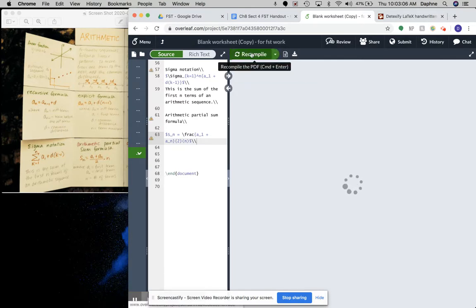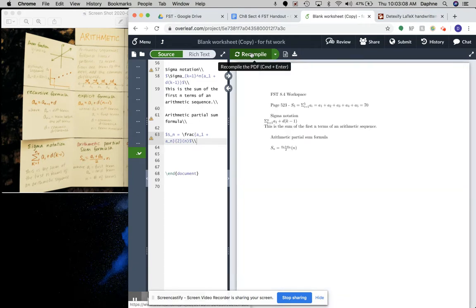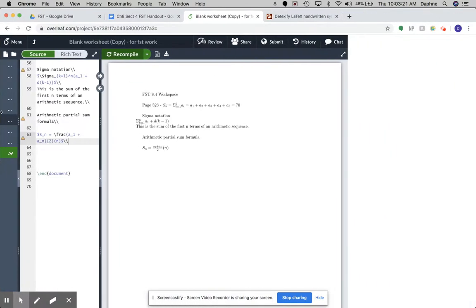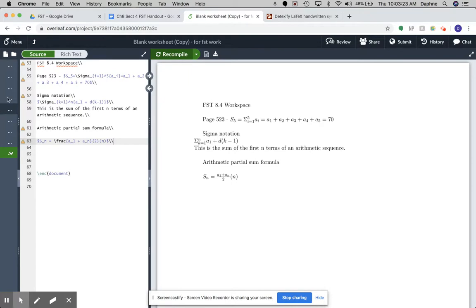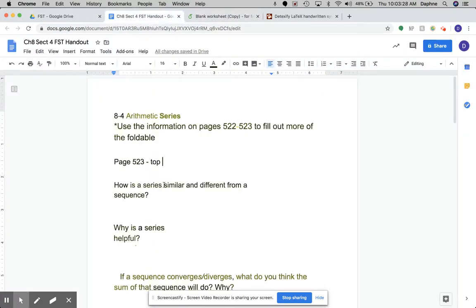Note that a sub 1 is the first term, a sub n is the nth term, and n is the number of terms that we want. So this is for a partial sum, which is like what they did on page 523 with S sub 5. It's not the whole sum, it's not the whole series, it's just part of it. Okay, so going back, how is a series similar and different from a sequence? A sequence has all the numbers,